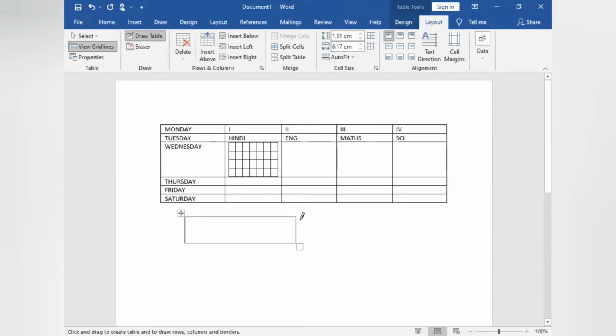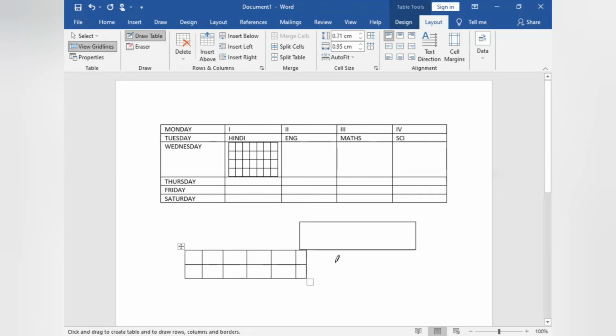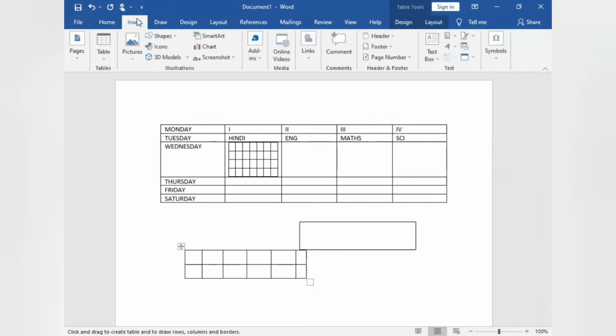See this. You can draw lines. You can also draw it according to your requirement. This is the third method. And the fourth one is,